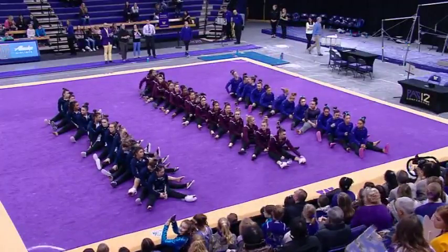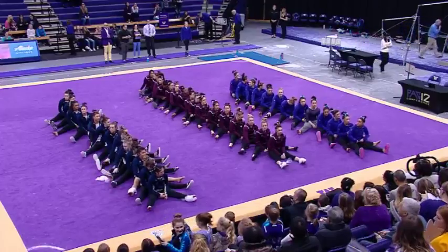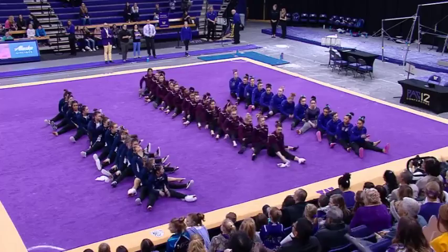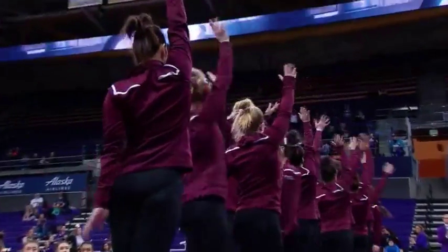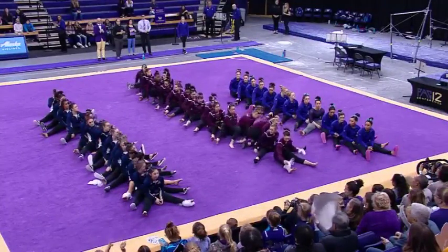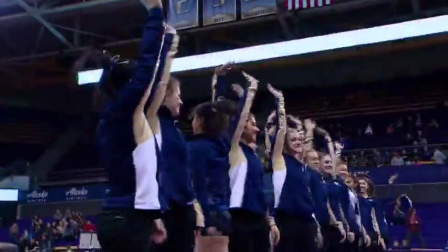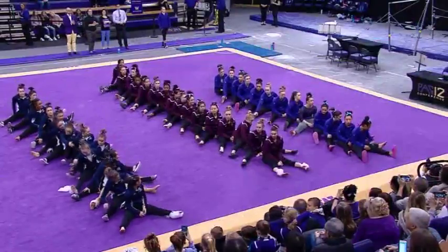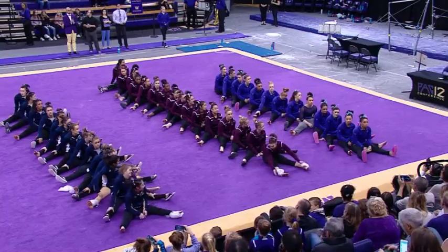Ladies and gentlemen, our final results, and this is for the team scores. Finishing in third place with a score of 192.7, Seattle Pacific University. Finishing in second place with a score of 195.5, UC Davis. And ladies and gentlemen, winning tonight's meet with a score of 197.4,